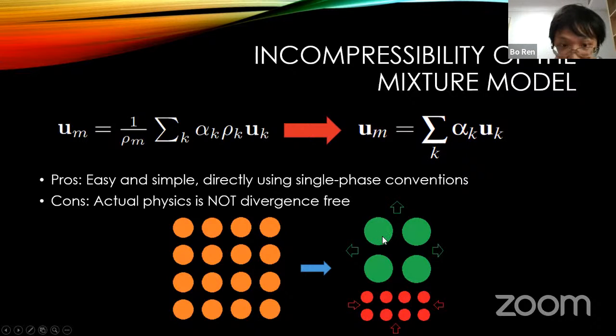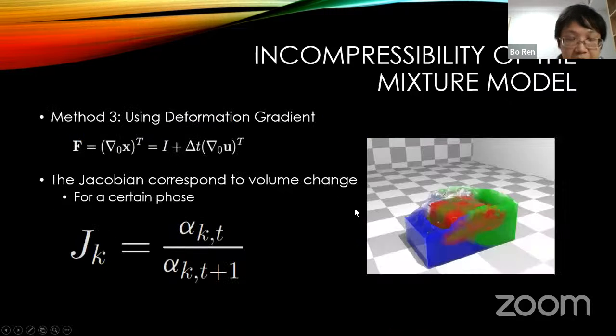So what happens? In the green region, the volume expands, right? In the red region, the volume shrinks. So from the initial state to the final state, inevitably you will see some divergence during this change. So the actual physics is not divergence free when we use SPH simulations. So method 3 is that